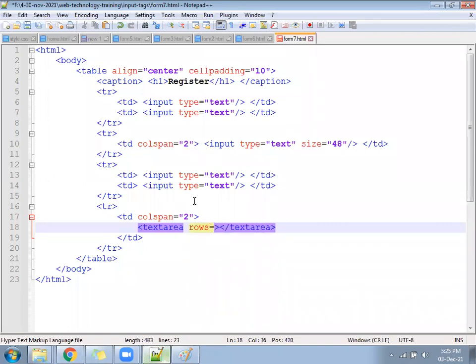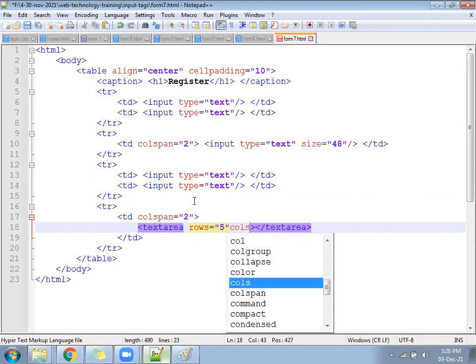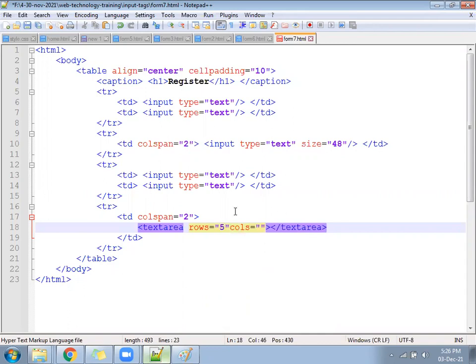Rows equal to 5 and cols equal to somewhere 48.